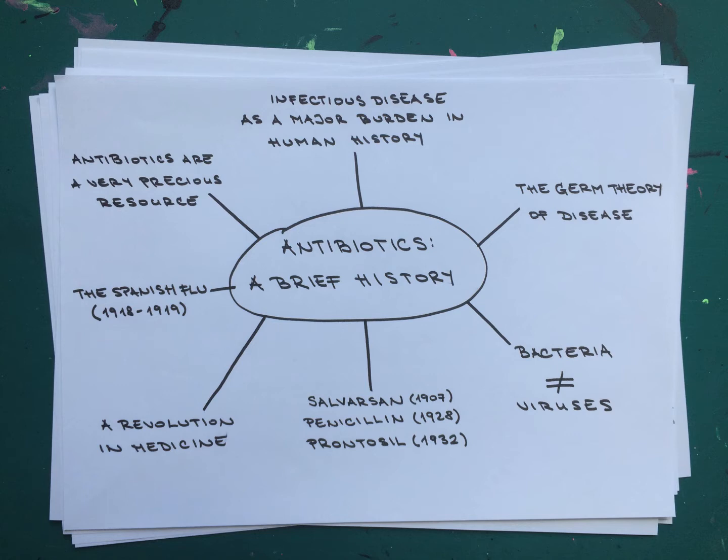And in 1932, came the development of Prontosil, which was a product of the growing dye industry, in which a lot of new chemicals were being screened whether they could possibly be active against bacteria. And this was the first antibiotic in a sulfonamide class, which is a class that still exists today.